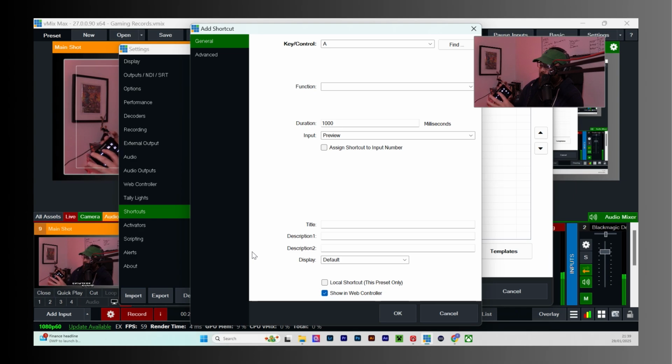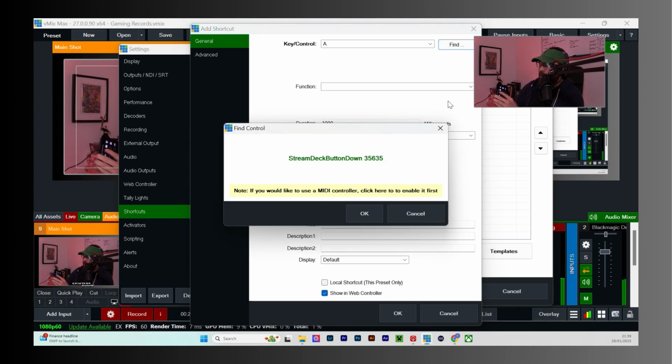Now desktop capture is in the middle. I'm going to click find. It's going to find this button. I'm holding it down. So let's just observe what happens if I leave the button in an up motion. What you're going to see is that the numbers should change. Well, the number didn't change, but it does say Stream Deck button up as opposed to Stream Deck button down, which is where it is. So again, you can have a motion or an action in both positions.